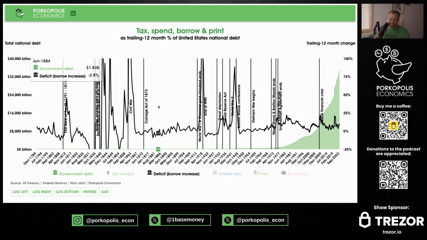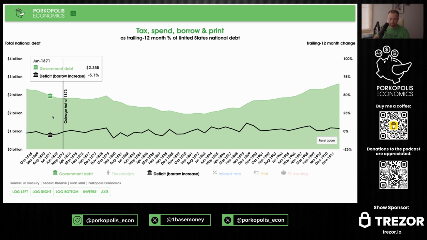It's the same concept that I showed you before. Gold standard period here was going on. The whole world moved to gold. International gold standard is a very short period, only about 40 years. 40 years from 1870 to the start of World War I. We were up and down, paying down debt a little bit here. Then we turned it around, increasing debt a little bit, couple percent, 5%, maybe 6%,